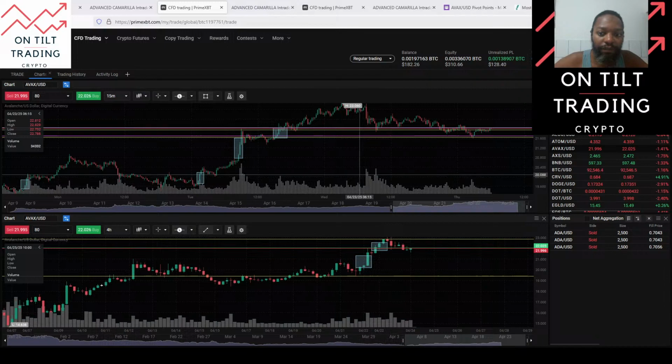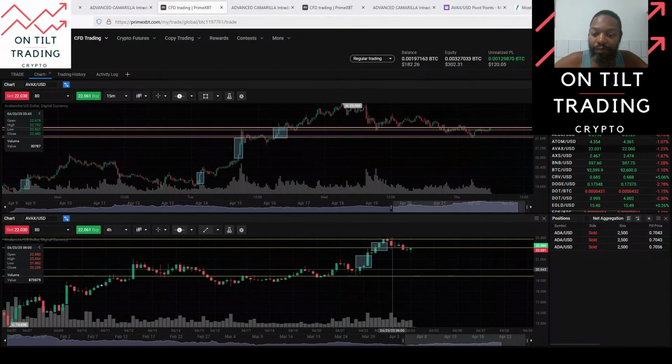But I'll have to double check the cams to confirm my target. But usually targeting liquidity, so some type of liquidity. So the bottom of these wicks or somewhere is probably where my target is. I've got my numbers